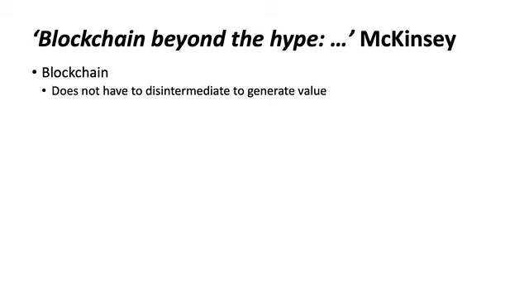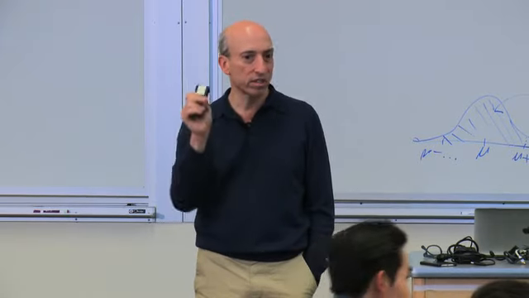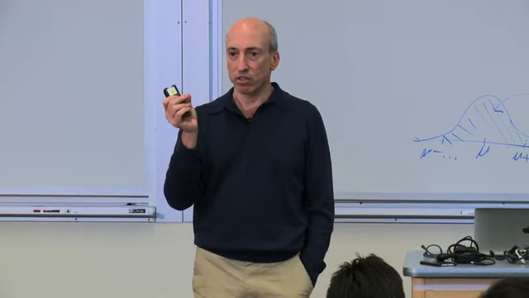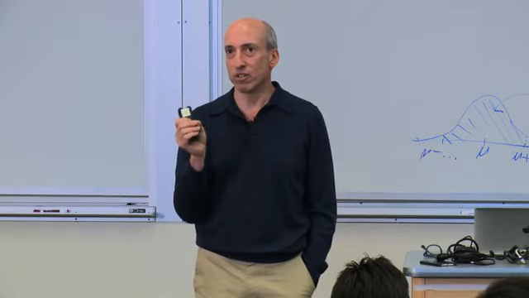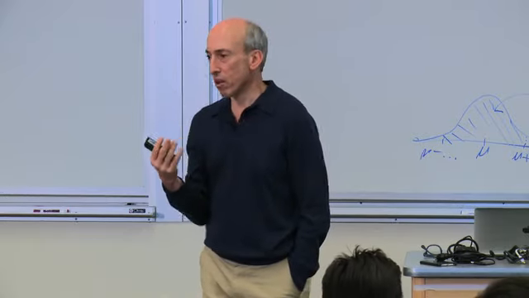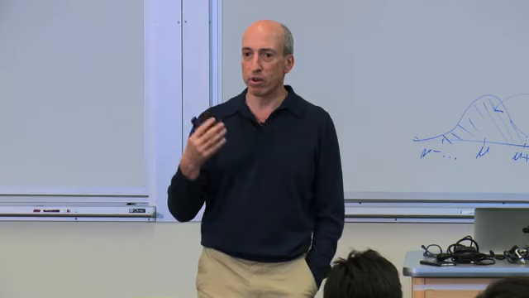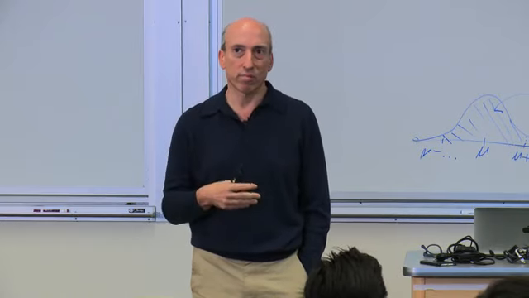So McKinsey points out that a blockchain doesn't have to necessarily disintermediate to generate value. I thought that was an interesting intuition: don't always think that you have to disintermediate to generate value. They might be right or they might be wrong, but you might actually still end up with something that's kind of,